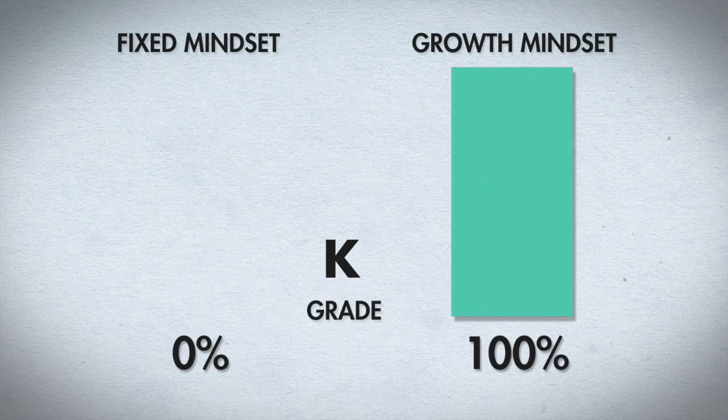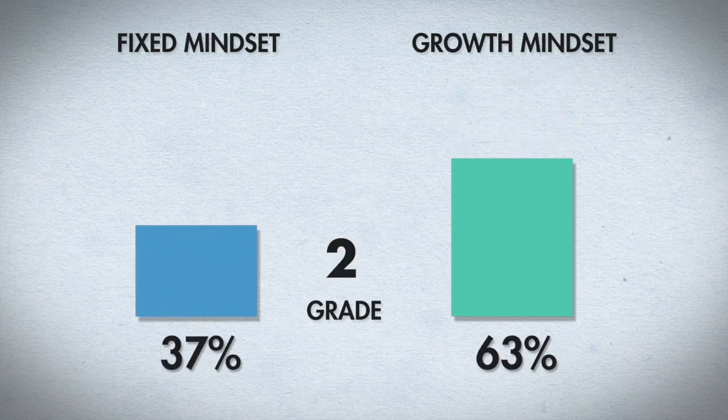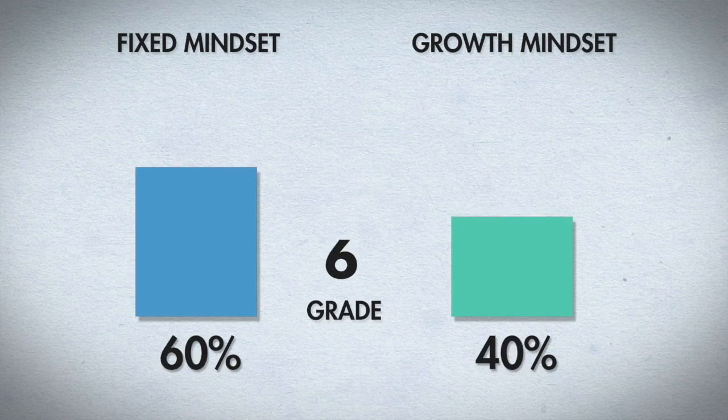Depending on the grade you teach, looking at your own class data, you may see a trend similar to this data that we see here. We know that all students enter school with a growth mindset, but as they progress from one grade to the next, they gradually shift from a growth mindset towards a fixed mindset. And then we see by 6th grade, the scales have tipped and more than half of the students at this grade have developed fixed mindsets.